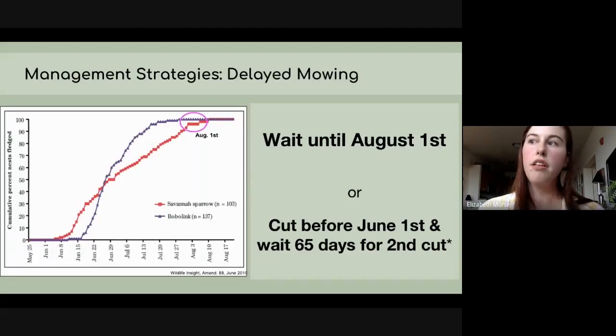In general, the silver bullet, so to speak, for managing for grassland birds is to wait to hay until August 1st. Now that's a date that's estimated for Vermont and New Hampshire, and I would hesitate to extrapolate out to any of the other New England states. Certainly they have recommendation guidelines themselves. In general, this date holds true for most of Vermont and New Hampshire, although, as I said,